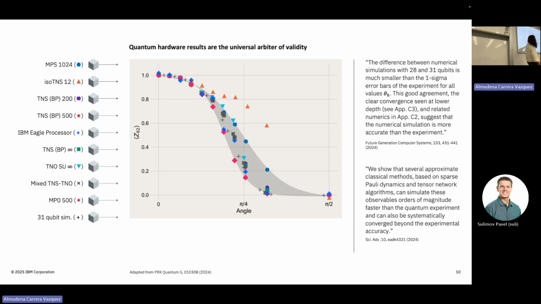So we are at the point, the quantum results are these blue crosses, and all the other points are from classical methods. And you can see that they all fall within the same region, but they do not agree with each other. So we as researchers are at the point where we have to talk with classical people and come up with methods to simulate and somehow validate what we are running, because there is now no way to check anymore that the result was right. When I started, I could just run classically a simulation of the quantum circuit and say, yes, it matches more or less the hardware. And now we really need to think of how to do this classically.